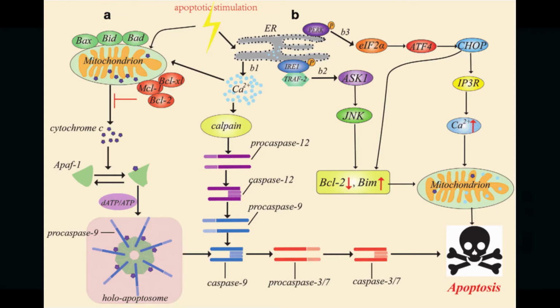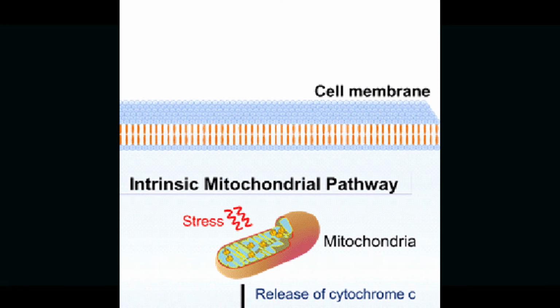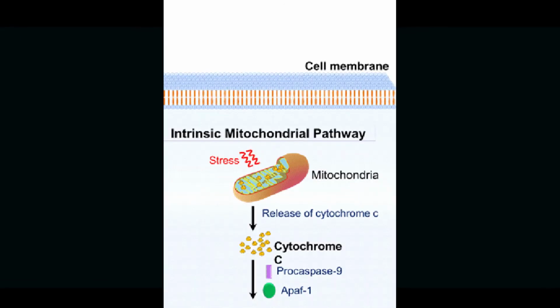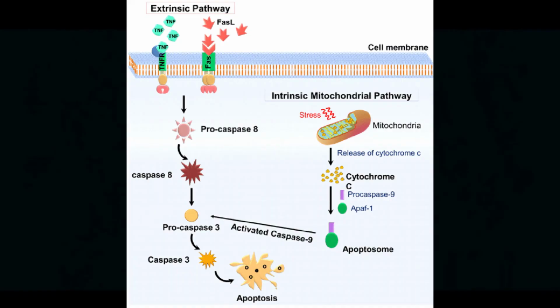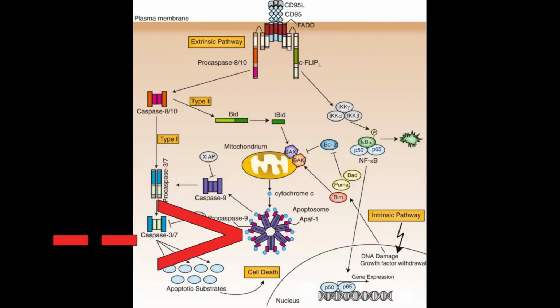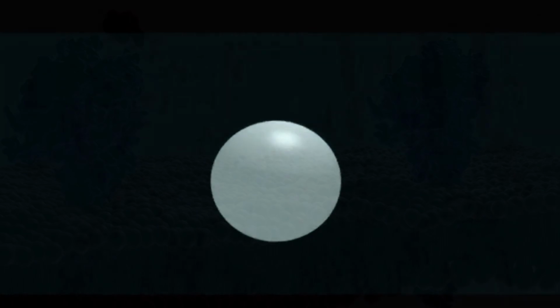Looking at the intrinsic pathway, such as mitochondrial stress, it's a little different, more so in that it involves something harming the mitochondria or DNA, but it is a good example of how the intrinsic pathway works. The first thing that happens when we talk about the mitochondria is the release of cytochrome C from the mitochondria. This then causes procaspase 9 to turn into caspase 9 and then caspase 3 and 7. These also have their own precursors. There's also something called the APAF1. The creation of this then adds to something called an apoptosome, and then this leads to apoptosis.